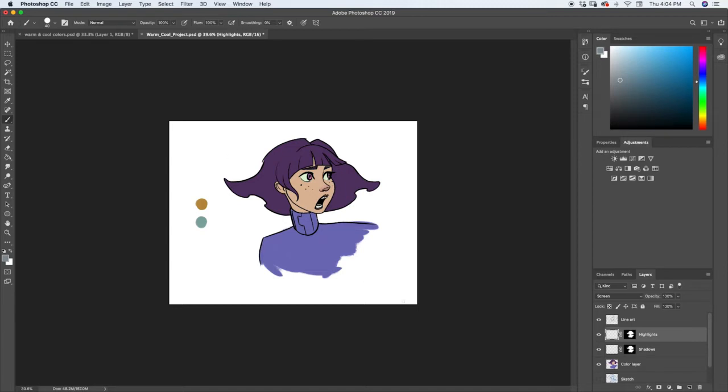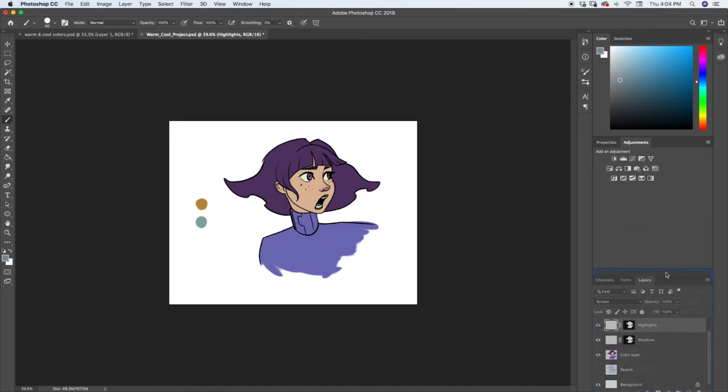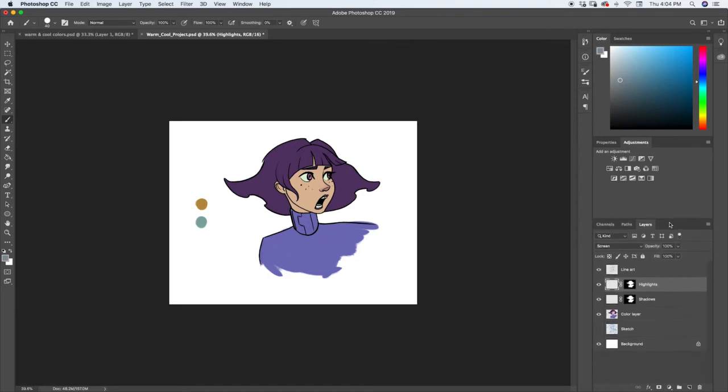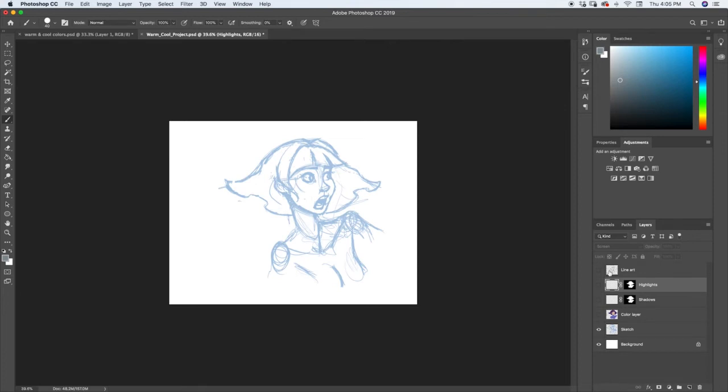But for now, let's go ahead and break down this file real quick just so you know what's going on over here. So you can see over here in the layer tray, I'll go ahead and drag this up so you can see all of it. Oops. So over here in the layer tray, we have our white background, and then I also included the original sketch that I did to draw this, just so you guys could look at it for fun if you wanted to. So there's the original sketch, and then on top of that, I did my clean black line art on a different layer,